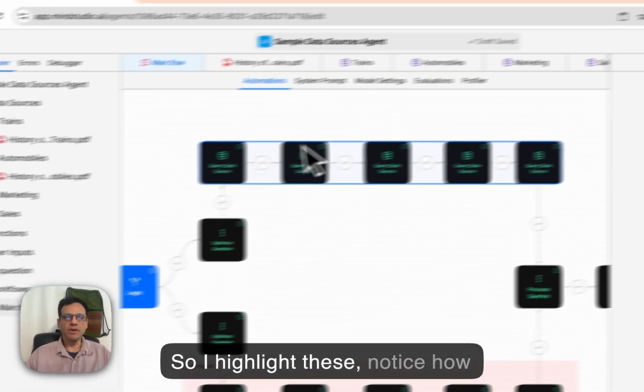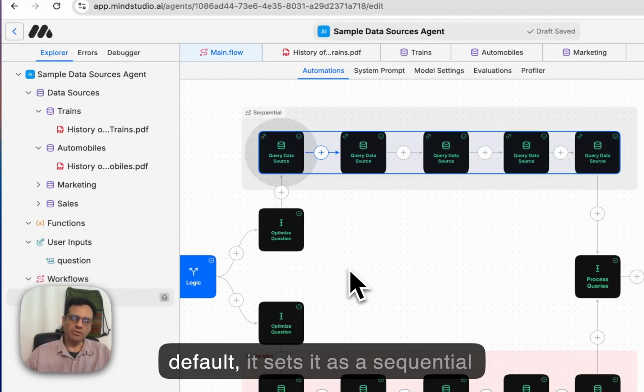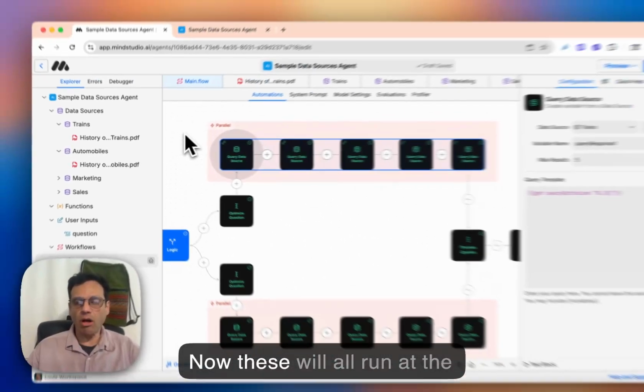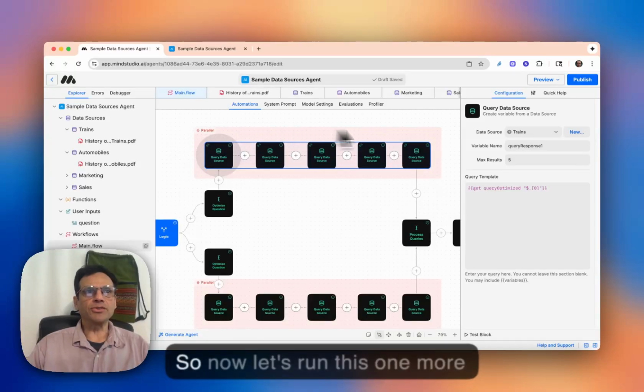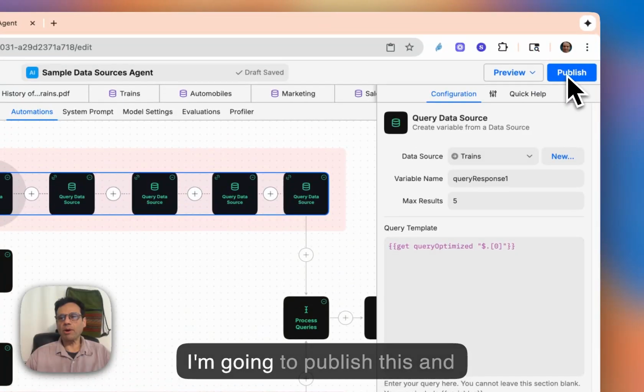So I highlight these. Notice how these are all highlighted. I right-click and say Group. And now, by default, it sets it as a sequential group. And now I've set it as a parallel group. Now, these will all run at the same time. So now let's run this one more time to show you how this is improved. I'm going to publish this